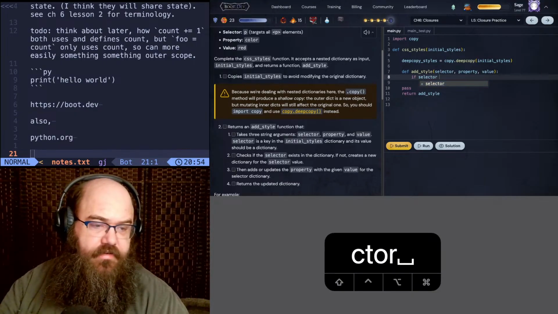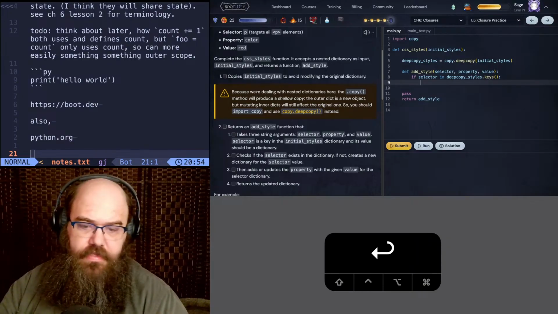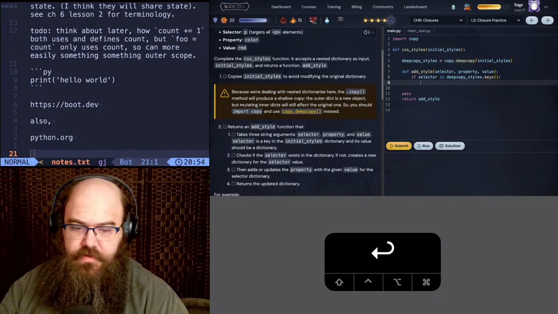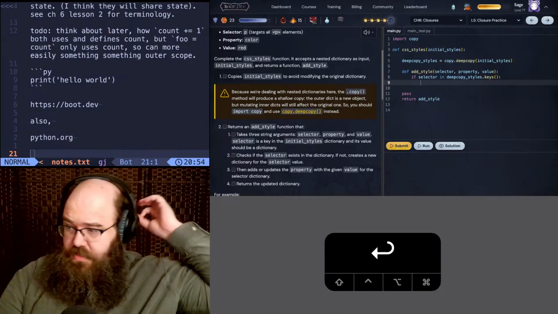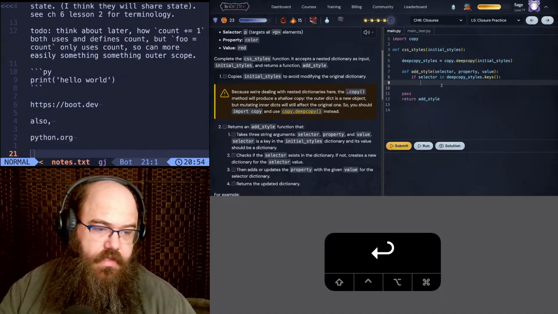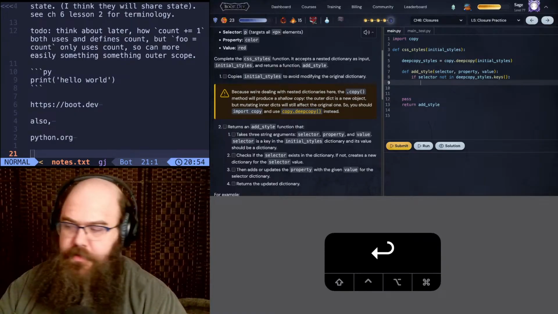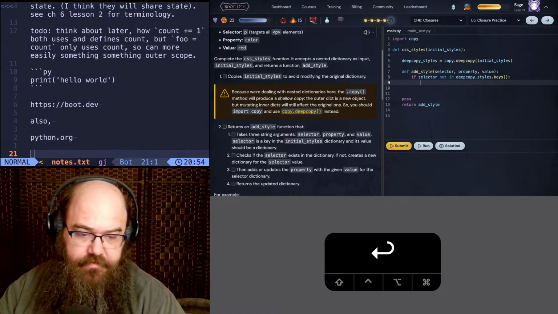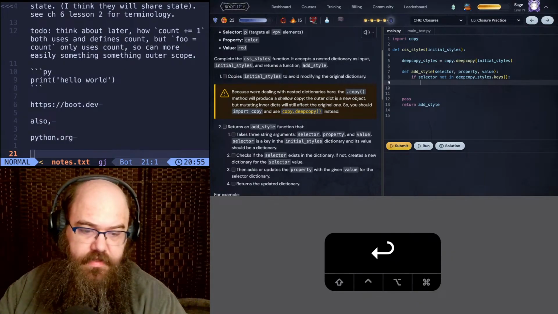If selector in deep copy styles dot keys. If selector not in, we could also do if not selector in deep copy styles, I believe. If it's not there, then